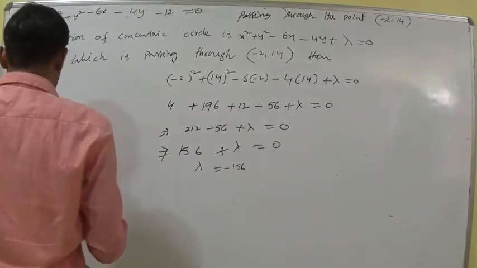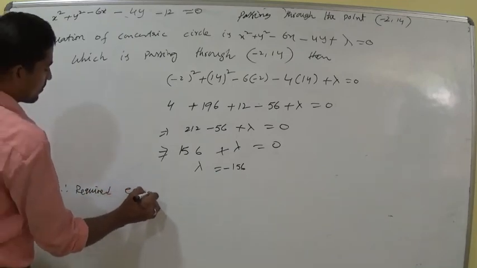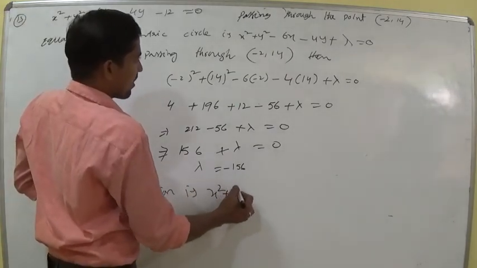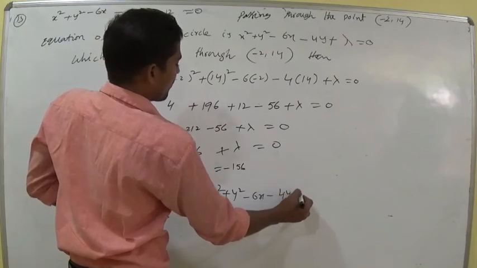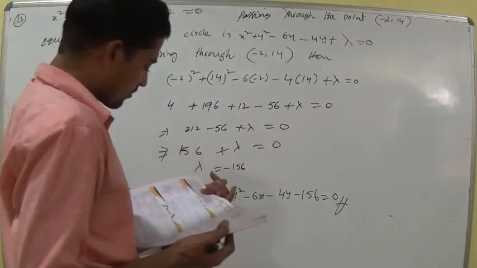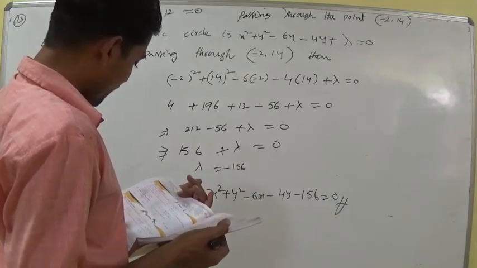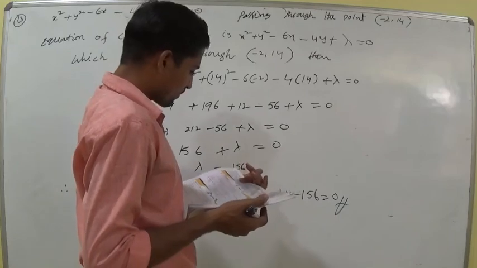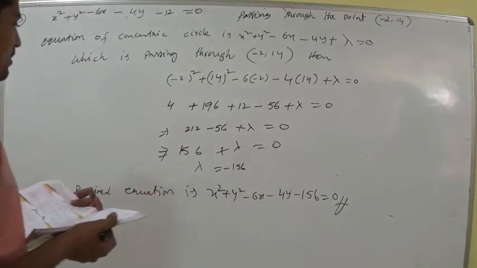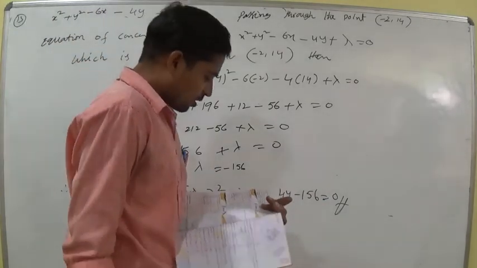Therefore the required equation is x square plus y square minus 6x minus 4y minus 156 equal to 0. Right? Next,